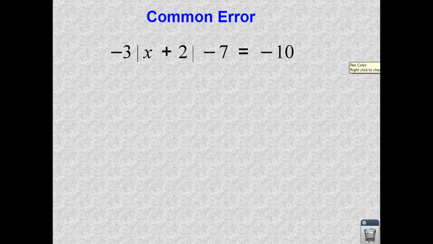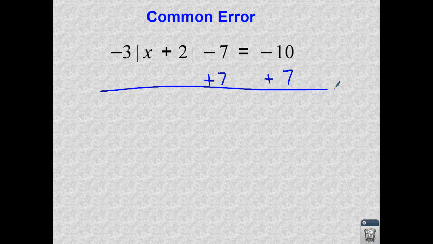Our rule is to get rid of all of the stuff on the outside of the absolute value before we can even consider what the x plus 2 might be. So let's add 7 to both sides. Always follow our algebraic rules here. So negative 3